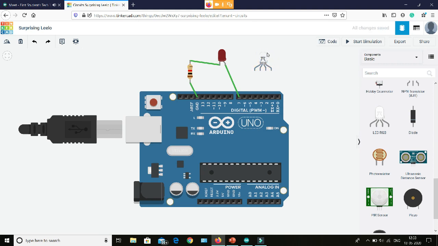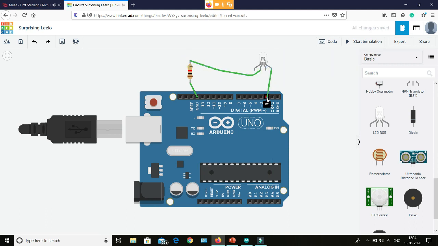The RGB LED has four pins. One is the cathode, the others are blue, green, and red. So we will connect the cathode to the resistance, then the green one to any one of the digital pins, then the red one and the blue one also. So let us start coding this.